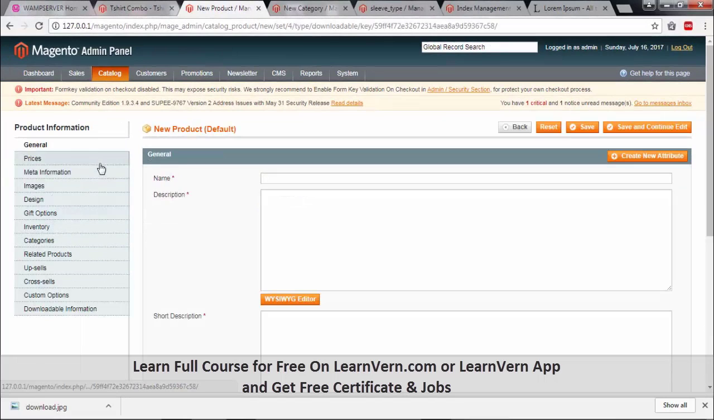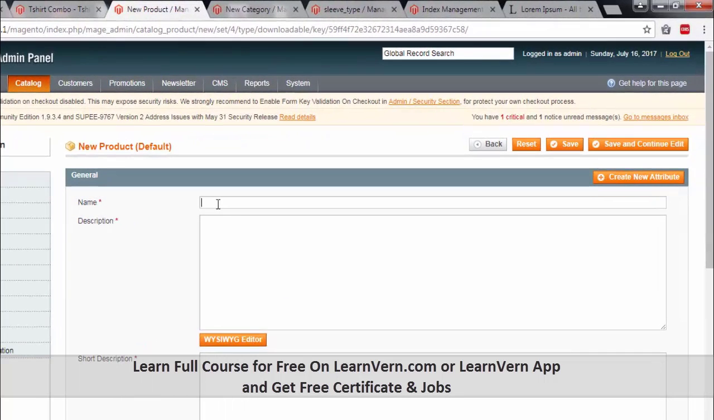Okay, so the options in downloadable product are mostly the same, but the only difference with simple product will be that it will not have any physical existence. So to create a downloadable product, we will add in a name. For example, as a downloadable product here, we will sell an image. So I will name the product as